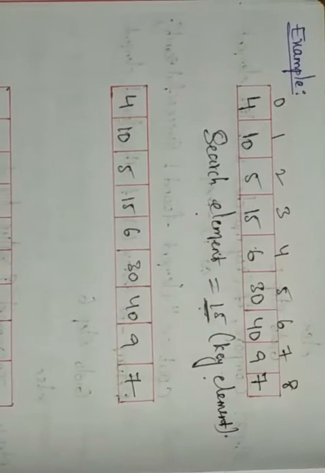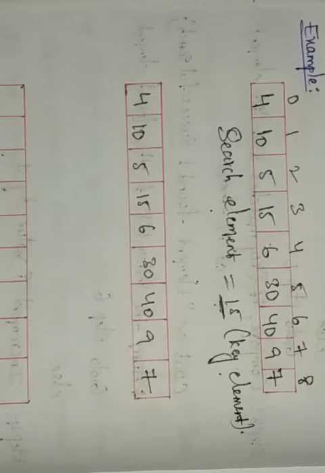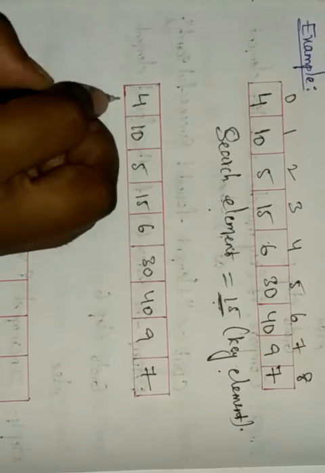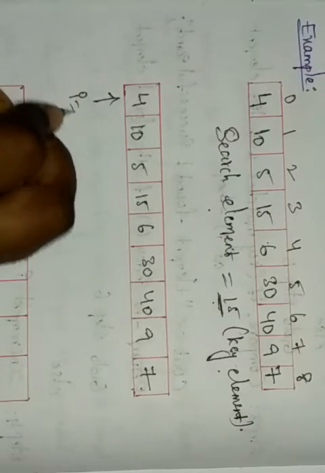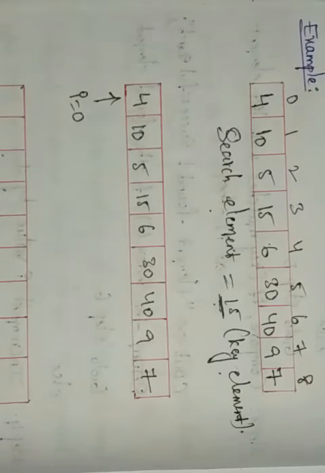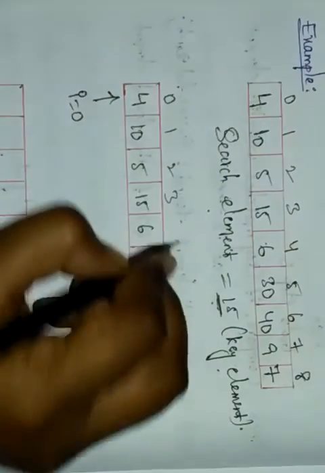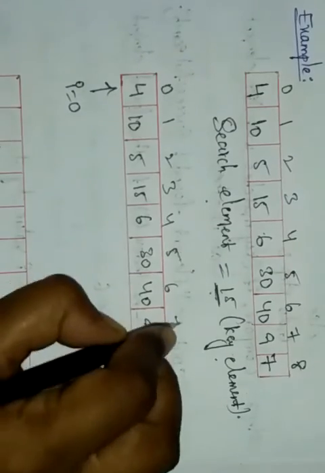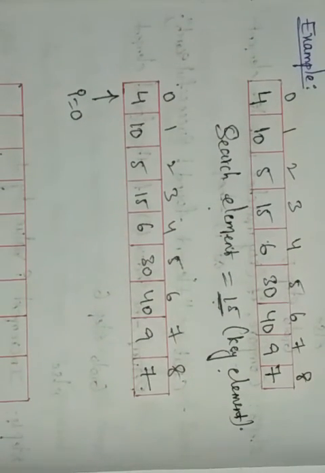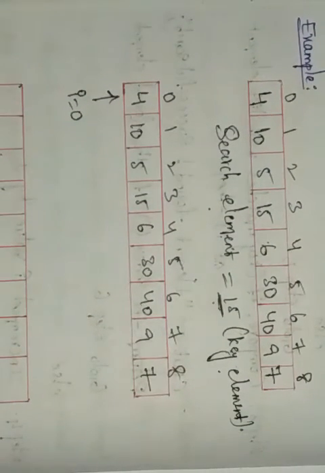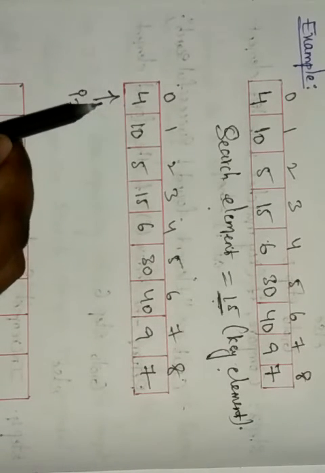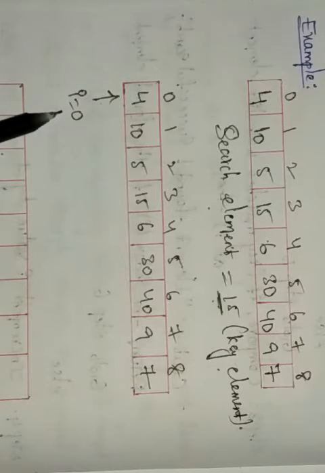We already have the index 0, but here we need to make it the starting point for the processing, or else the starting point for searching the element. Here I am giving this as I equal to 0. So now we have the indexes 0, 1, 2, 3, 4, 5, 6, 7 and 8. So now we have the first element.